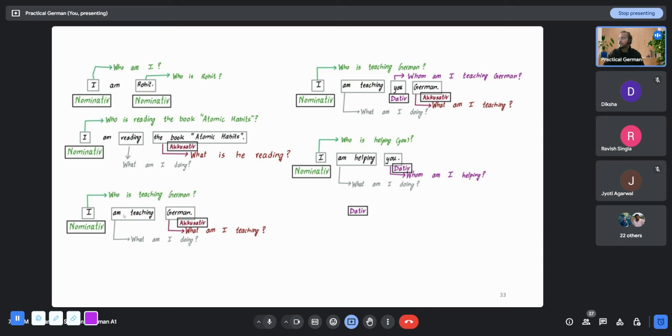Let's look at this sentence. I am teaching German. Again, I can be blah blah is teaching German. Who is teaching German? I am teaching blah blah. What are you teaching? Or let's say he is teaching blah blah. What is he teaching? What is she teaching? The question is what. So if you want to find out whether it is a pronoun or noun, see with which question you can find this information. And if the question is what, you will not be right all the time, but you will be right many times that it is accusative.